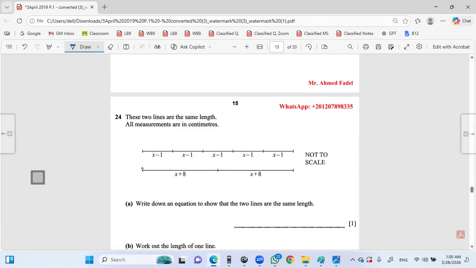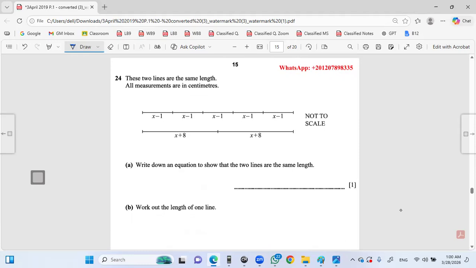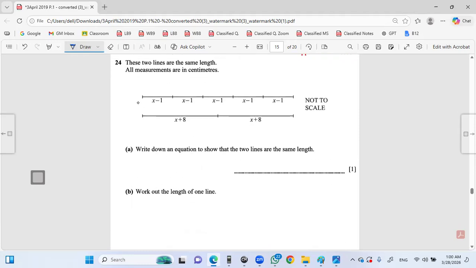These two lines are the same length. All measurements are in centimeters. Write down an equation to show that the two lines are the same length exactly. Well, let's do this. Here, they say you got two lines, all measurements are in centimeters, and the two lines are the same length. They want you to write an equation to show that. So I want to say that this multiplied by itself, multiplied by 5. Why must I multiply by 5? Because I have got 1, 2, 3, 4, 5. So I got 5 of it. So it is